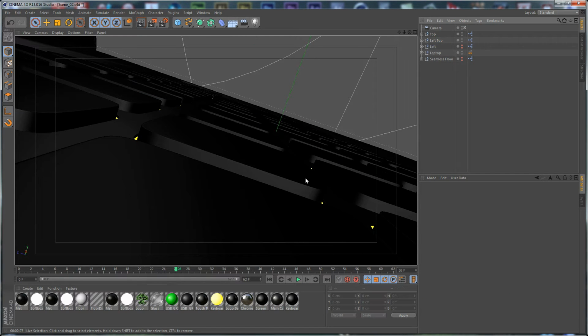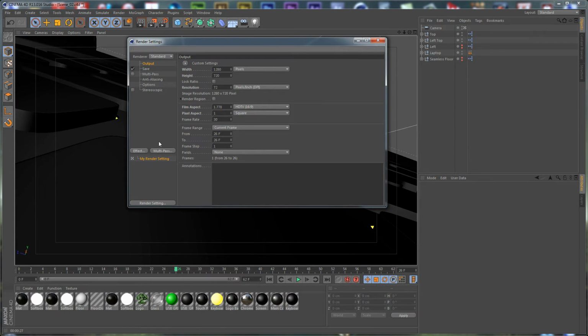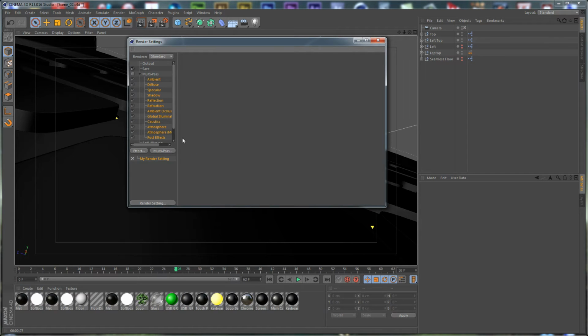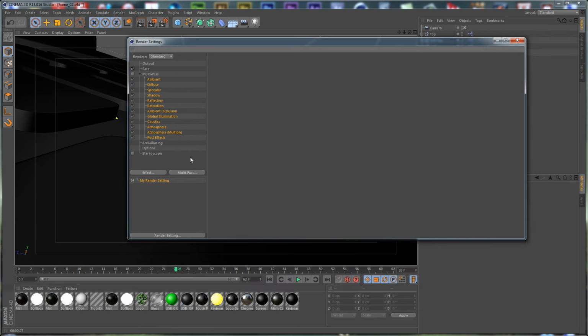And the trick here when exporting the keyboard is, let's hit Ctrl B for the render settings, and let's go to multipass and click all image layers, and this adds all possible image layers that we can export. So we don't have any post effects, so we are going to delete the post effects. We are going to delete the atmosphere. We don't have caustics or global illumination. We don't have any refraction, so we want to keep these layers here,